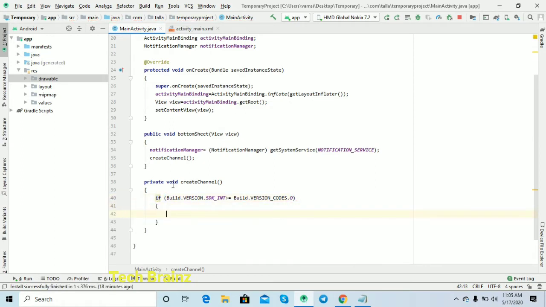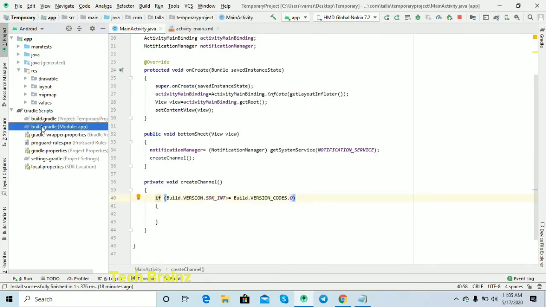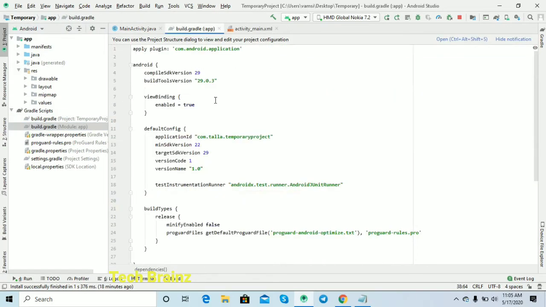If it is greater than or equal to O, then the logic should be executed. Otherwise, we don't want to create a channel for the notification. Okay guys, that's why I'm using that if condition.